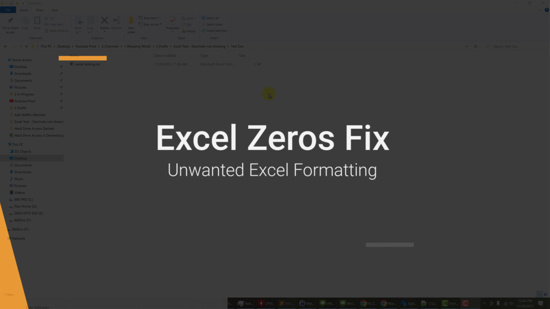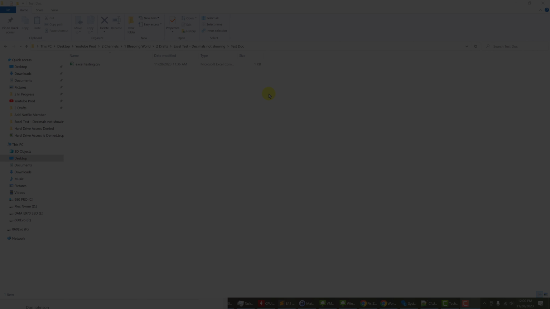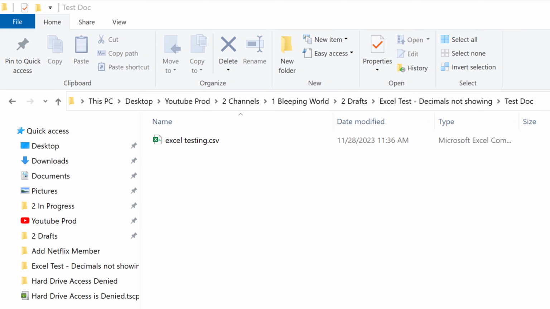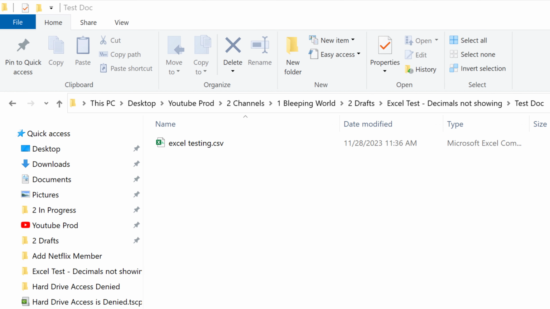Excel does not show zeros in decimal places by default. My CSV file is not properly being displayed in Excel. The particular issue is with the numbers column. I want to see the numbers exactly how they appear in my CSV file. Let me open up my CSV file in Notepad and Excel so you can get an idea of what I'm